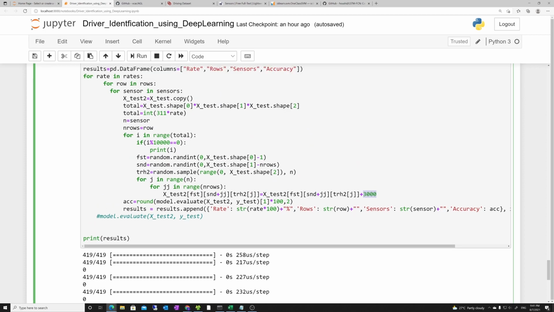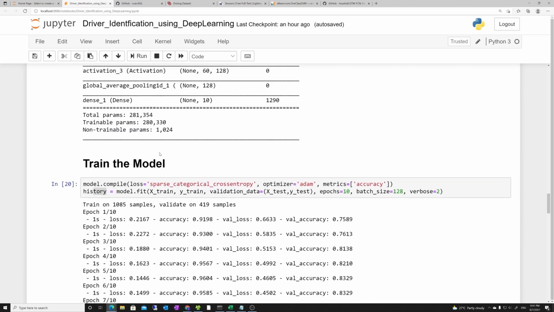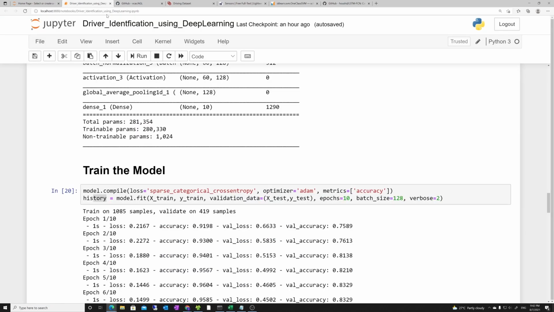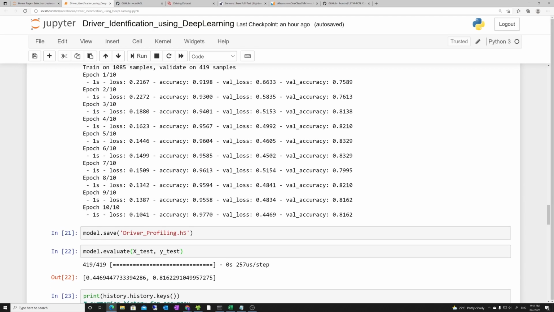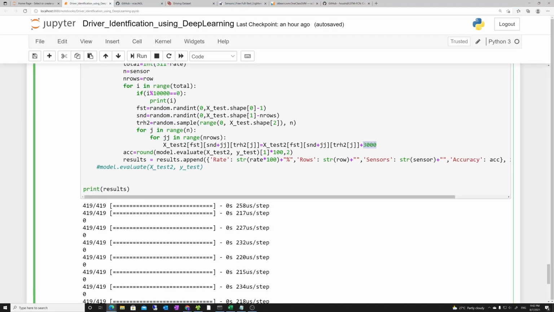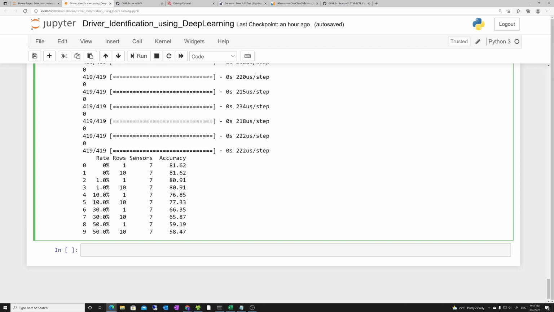I can also do it, as I have already fitted it. As I told you, I will find all the locations where the value is -1, and after that I can average them as well. For example, if there was an anomaly over here, I can use this one and this one to average it. So I'm not correcting for anomalies here, I just want to check the impact after putting in anomalies. You see, when there is a 0% rate of anomaly, we got 81% accuracy